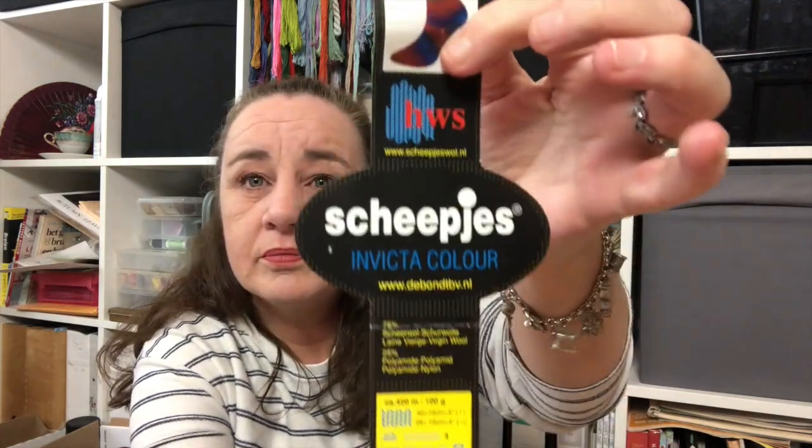I'm going to tell you which yarn it is. It's sock yarn by Scheepjes, which is a Dutch brand, Invicta color. This is it, self-striping, and it's 75% virgin wool and 25% nylon. So yeah, I'm using double-pointed needles, bamboo double-pointed needles, because that's the way I learned it, and I don't have any problems with working with 5 needles. So those were my knitting projects, and I need to finish at least one of the patterns